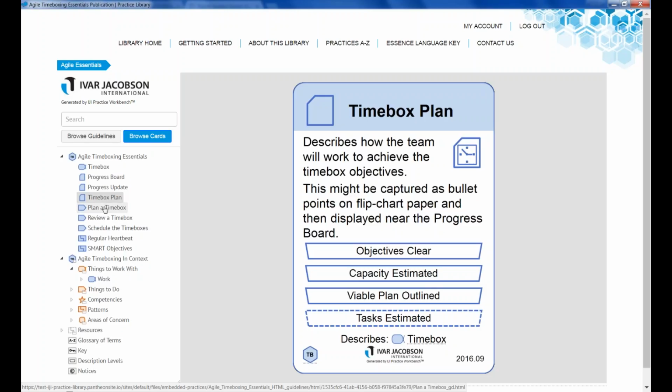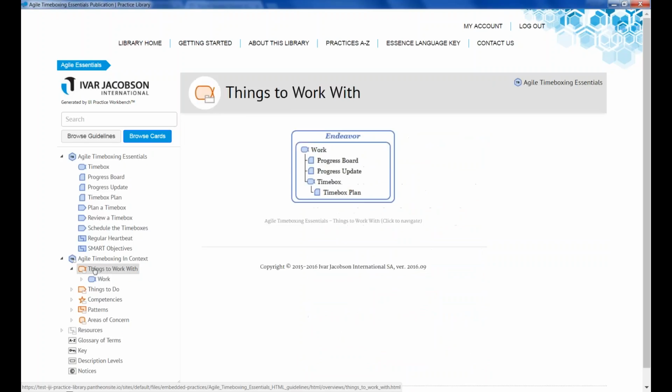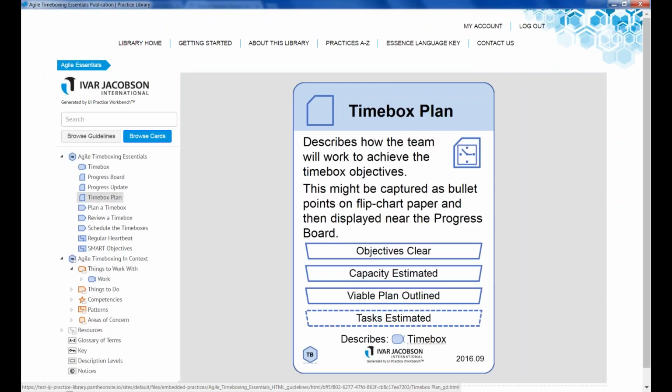So we can also look at overview nodes here in the practice, like the things to work with. If we look at that node here, we can see that this is an overview of all the alphas and work products in this particular practice. So here we have, for example, progress board and timebox plan, etc. that are work products here in the practice. And I can, of course, also from this overview navigate into the particular element if I'm interested in learning more about it. And in the same way we have other overview nodes like things to do,